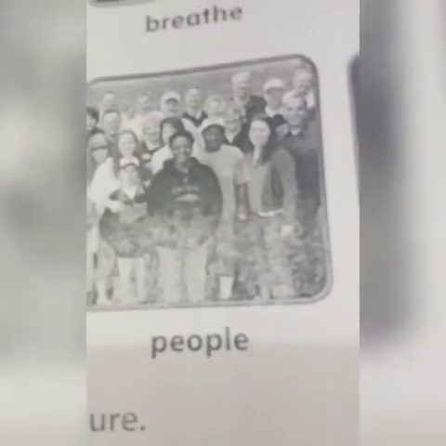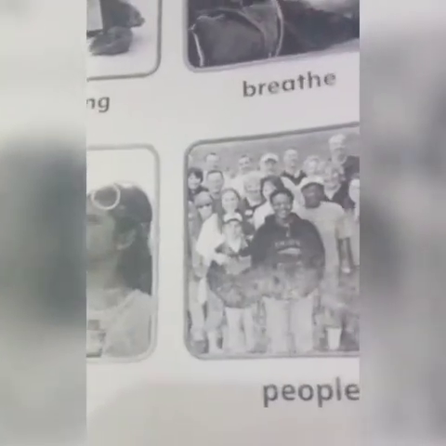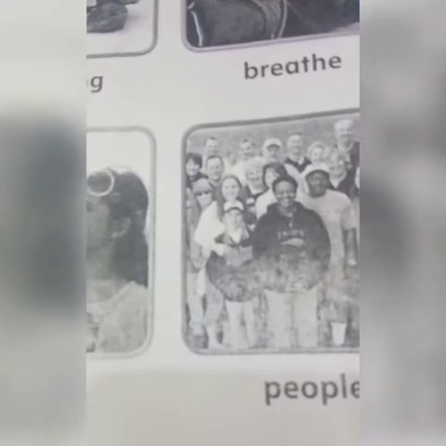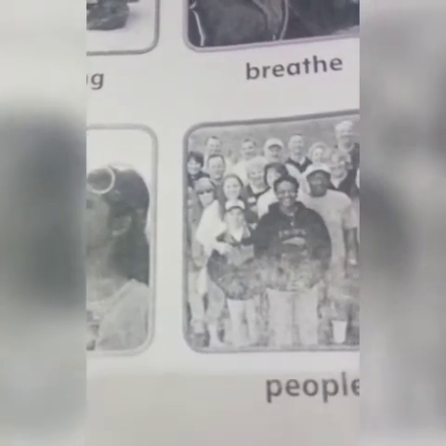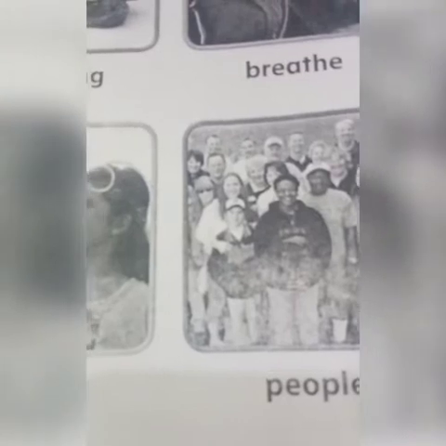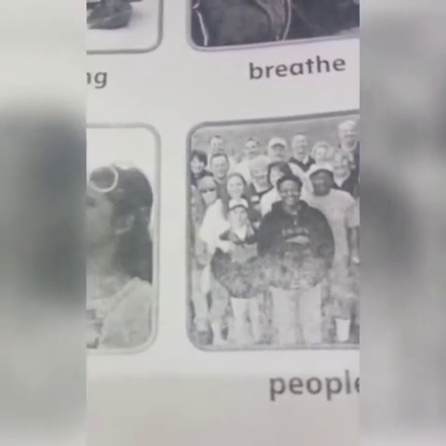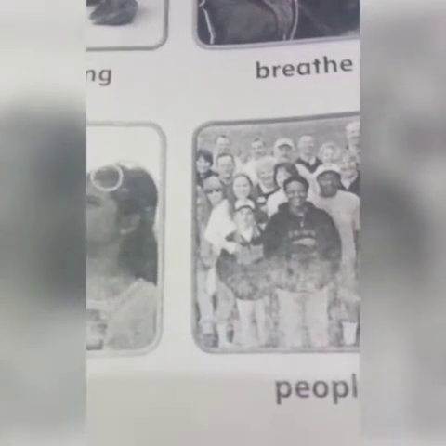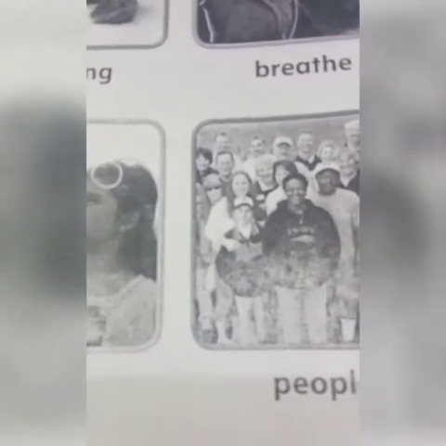Then we have air. You can see they are blowing bubbles. Then it is people. A number of people are here. Then we have a plant. So basically what is common in these pictures is that there are a few things that are living things and there are some things that are non-living things. We have already studied that concept in science, so we are aware that some things can breathe air and can grow. For example, us: we breathe air, we grow, we are babies, and then we turn into big adults. Then there are plants outside, plants are growing, they are living things.